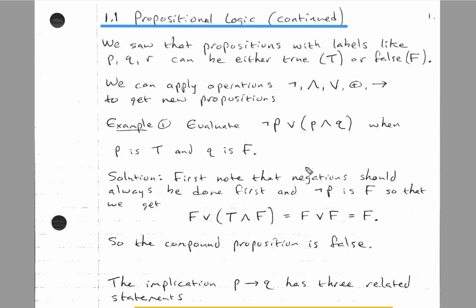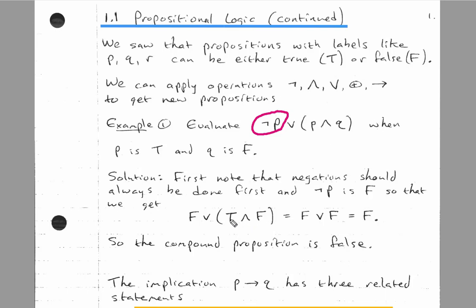The first thing to notice is these negations, they should be done first, like an order of operations. So we'll take care of this negation first, but that's easy. So if P is true, then its negation is false. So this turns into an F. And then we're just substituting, so we get F or, and then in parentheses, so do these two first or next,